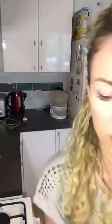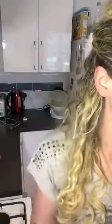So what I've done is melted a tablespoon of butter in the microwave. I've got an egg, just one egg, and to that I'm going to add a tablespoon of coconut flour. You can get coconut flour in Aldi these days, so it's quite easy to come by. So add some coconut flour, and we're going to add the melted butter into that as well, and then just a tablespoon of cream cheese as well. So simple, add that into the mug,